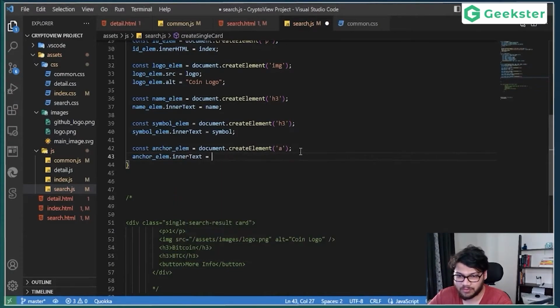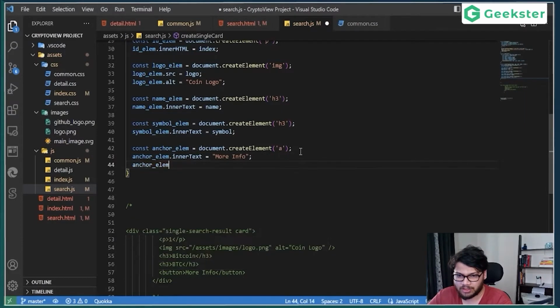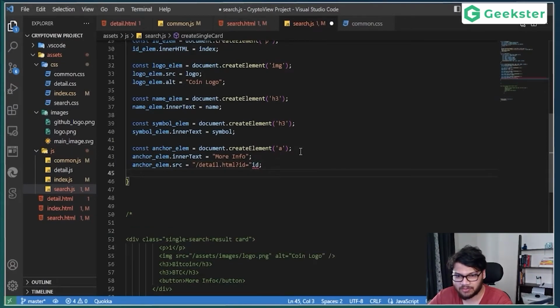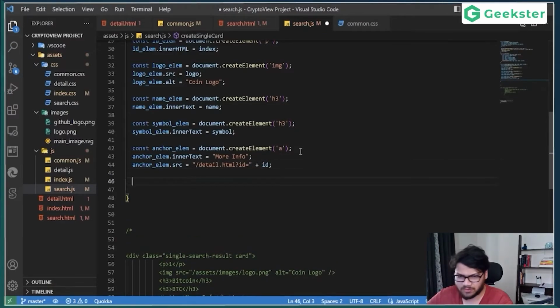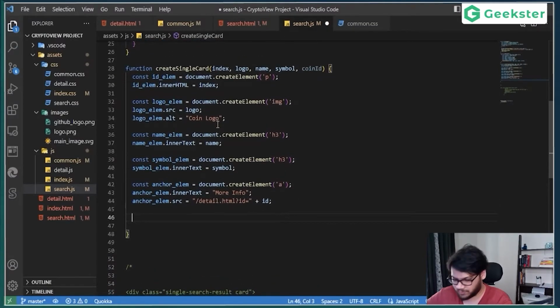Yes, inner text we need to give. Inner text will be more info. Anchor element dot src. Where do we need to take it? We need to take it to detail screen, detail.html. Where do we need it? We need to pass an ID. ID is going to be the ID which we already have. We need to concatenate this. So plus goes here. And all of this information, all of these elements which we have created, we are going